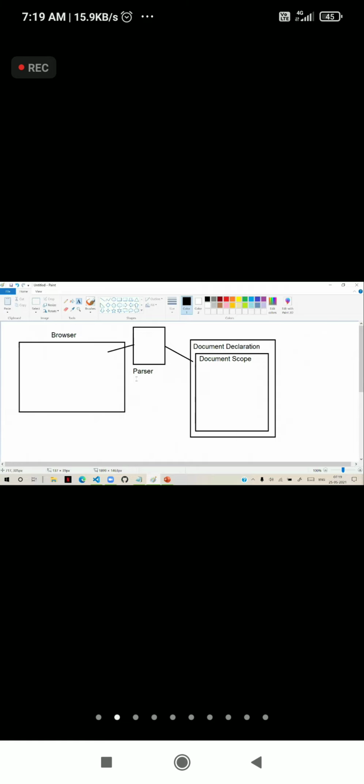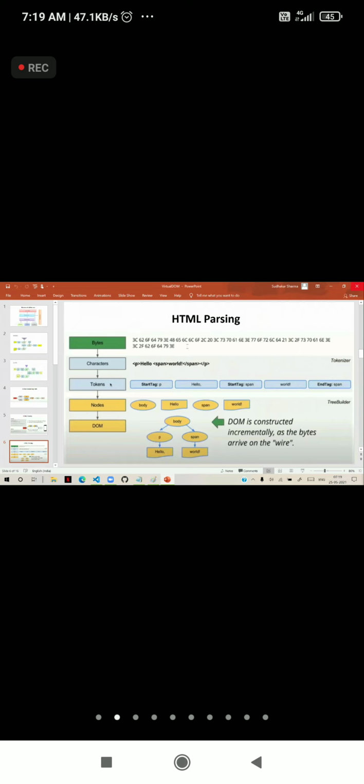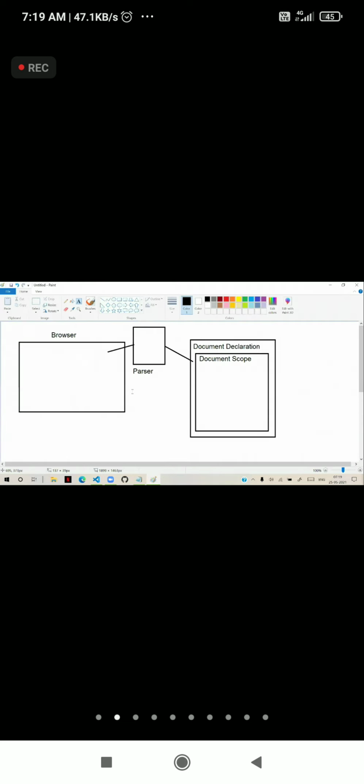Internet Explorer has a separate parser. Chrome has a separate parser. Due to that, as an HTML developer, one major problem that we face is browser dependency issues. That means in one browser, HTML can be understood, and in another browser, it cannot understand the same concept. For example, observe here.